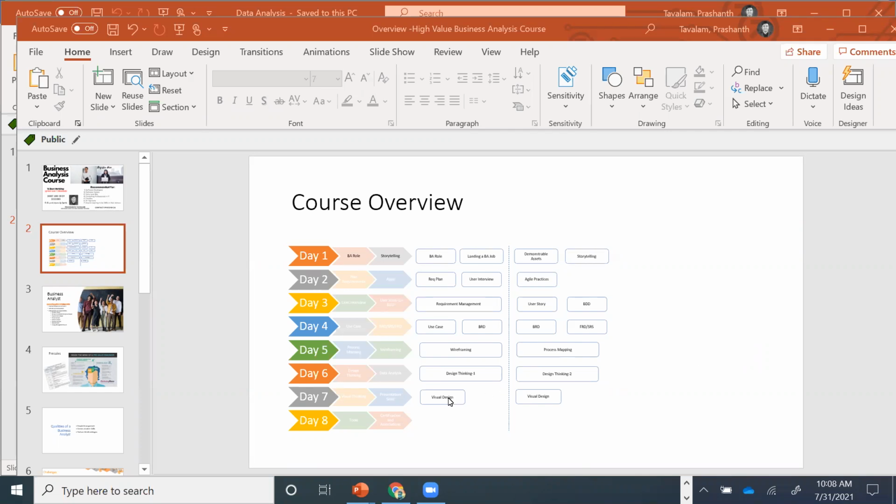Today we're planning to work on visual design. After visual design, we're going to do a little bit of presentation skills. So I'm thinking I'll move this here. And after this, we will do the data analysis piece.